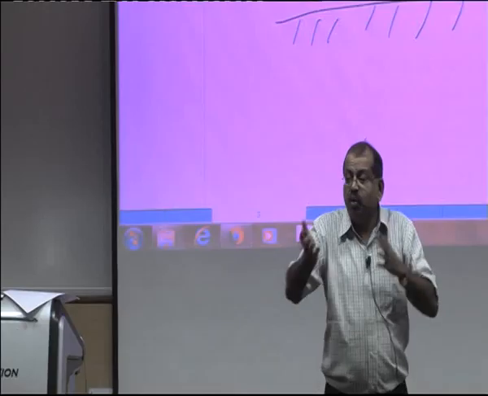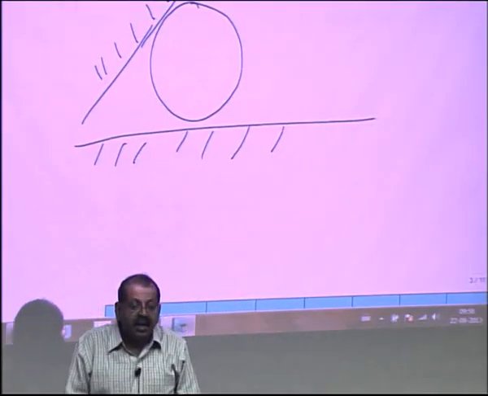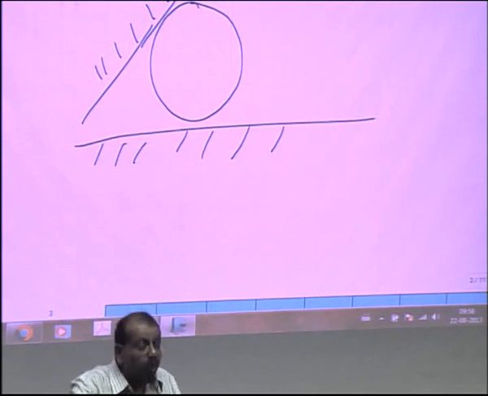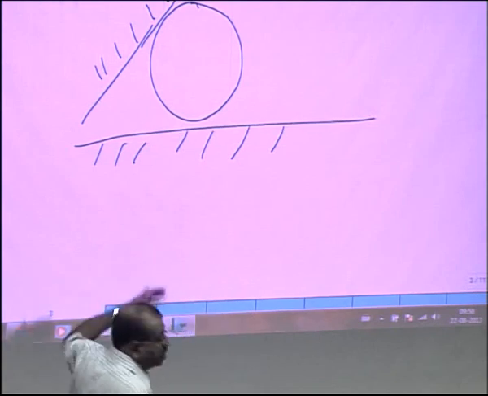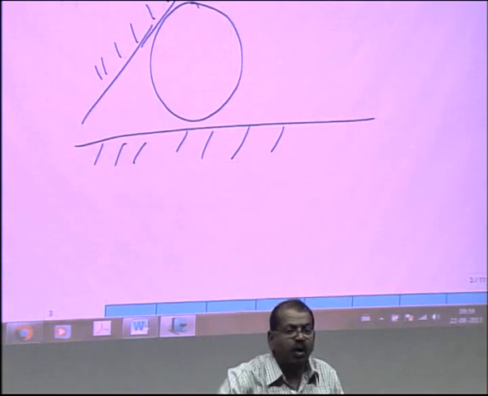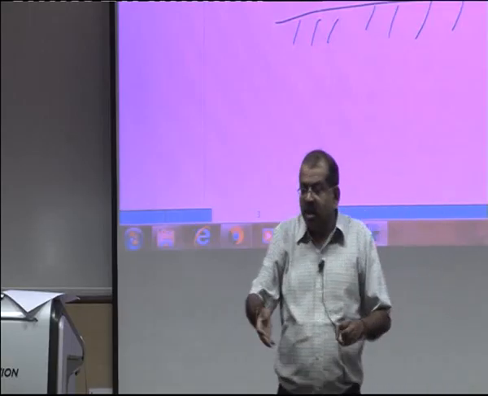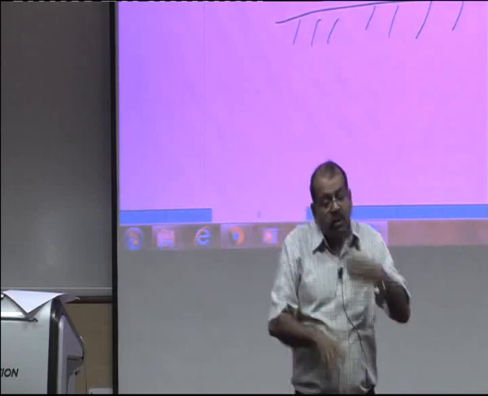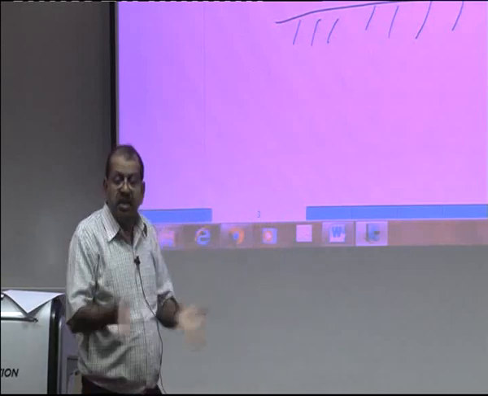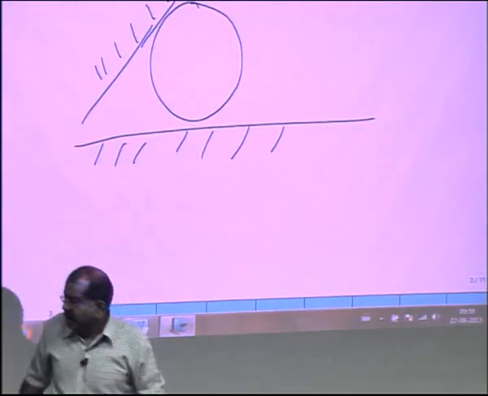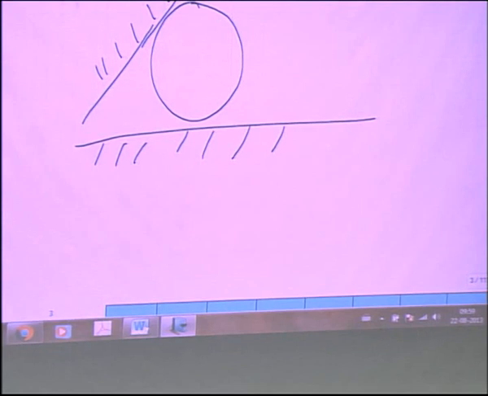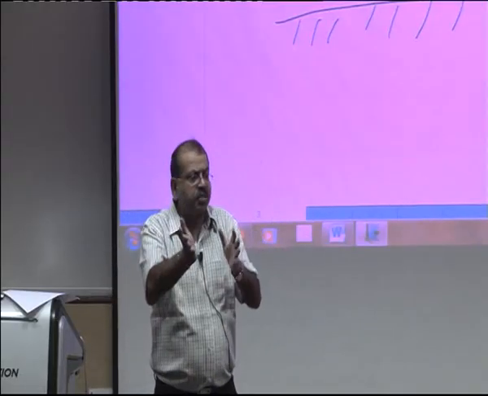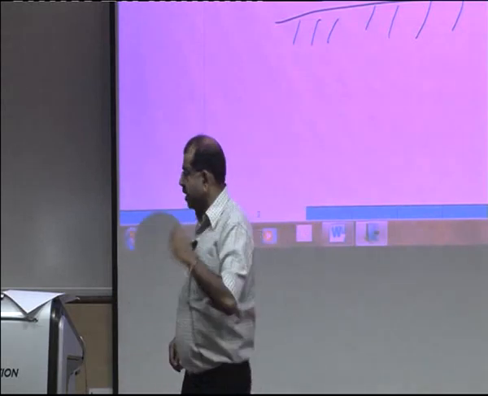There could be a possibility the body is moving, yet one of the contact points has a zero velocity. When would that happen? When the body is rolling. When the body is rolling, it could be possible that the contact point has a zero velocity while the body is moving in the forward direction, because there is an angular velocity to the body. So the body itself moves, but the point of contact may have a zero velocity. The kinematics of this we will do in detail in the second part of the course. But at least here we could see, suppose we have a case like this and it is given that the impending motion or the motion of this cylinder is in the forward direction, some force is being applied. So now when we draw the free body diagram of the cylinder,